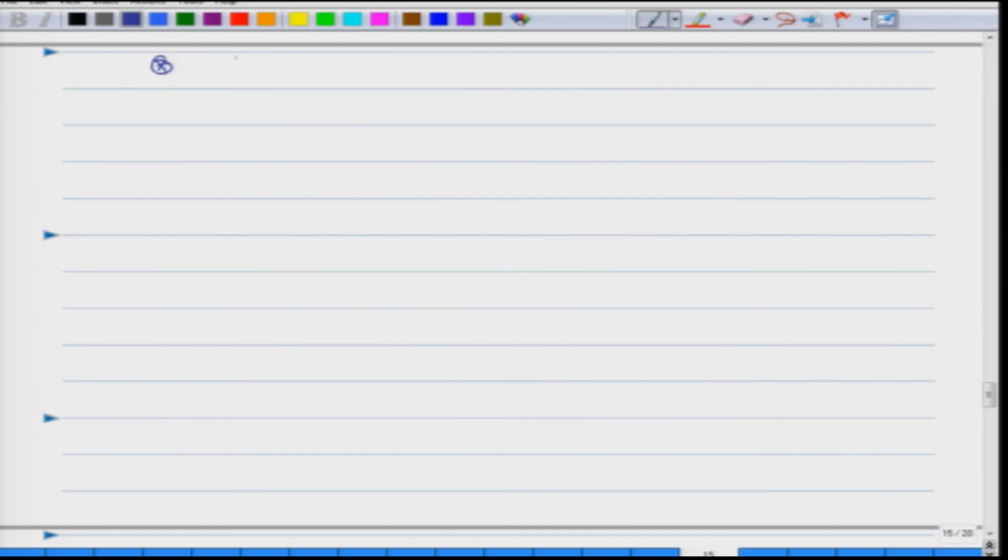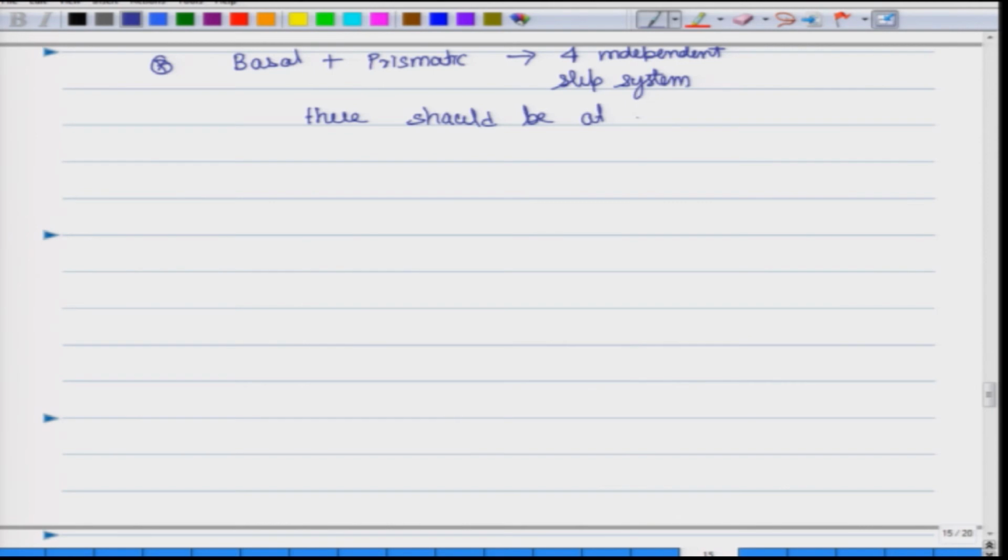So, overall basal plus prismatic, how many independent slip systems do we get? 4 independent slip systems. But if you look at the von Mises criterion, there should be at least 5 independent slip systems